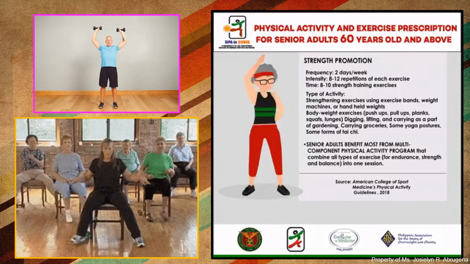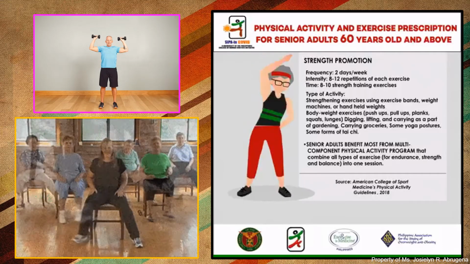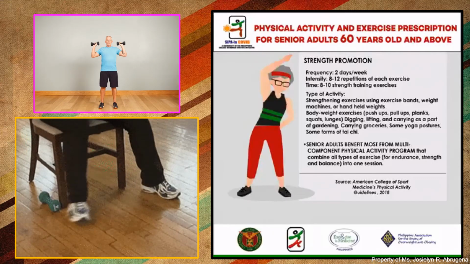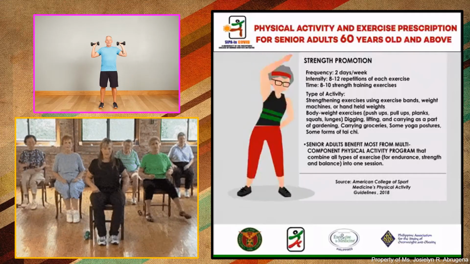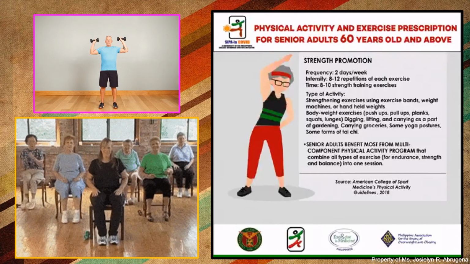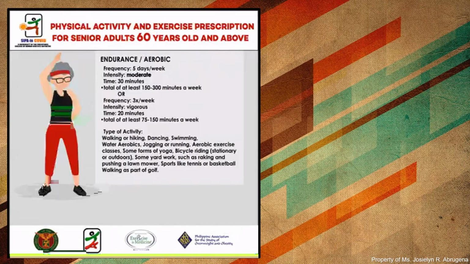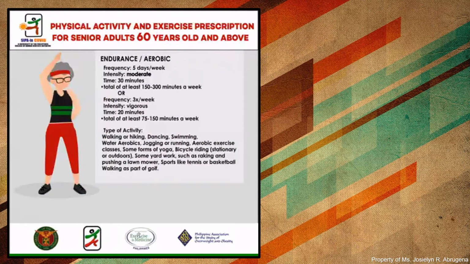Senior adults benefit most from a multi-component physical activity program that combines all types of exercise for endurance, strength, and balance into one session. Endurance aerobic. Frequency: 5 days per week. Intensity: moderate. Time: 30 minutes. Total of at least 150 to 300 minutes a week, or